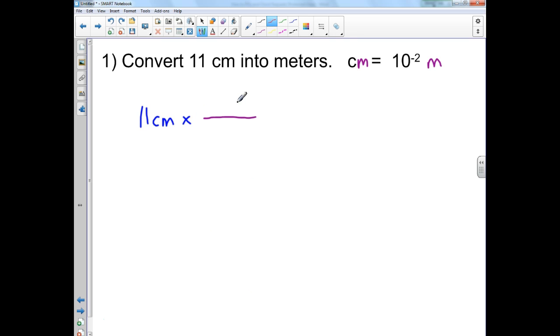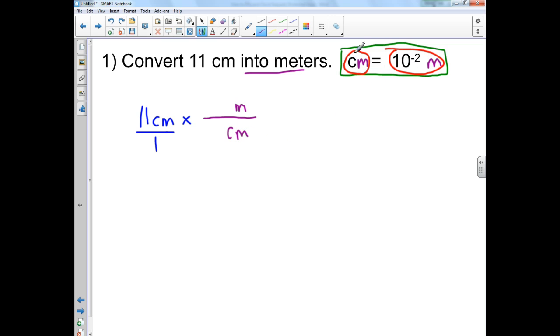Okay, so I need my numerator and denominator equal. But what do I put up here? What do I put down here? You look to the equation. One of these things will be the numerator. The other will be the denominator. How do you figure out which goes where? You look at the units. 11 centimeters is the same as 11 centimeters divided by 1. So the 11 here is in the numerator. You want to get rid of centimeters, you want to convert into meters. So you need meters up top, you need centimeters on the bottom,